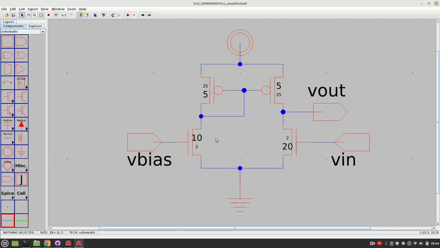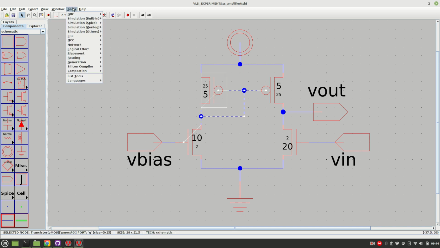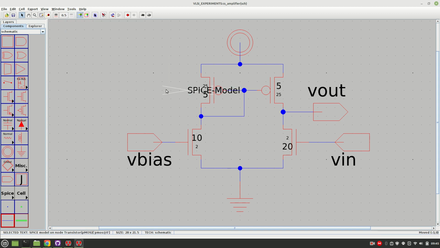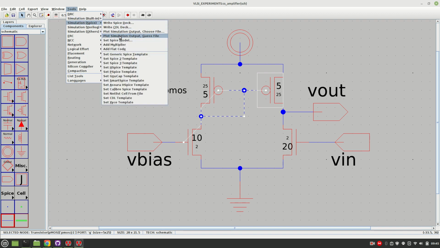So these values I am going to provide in the description. Okay, so this is the basic structure, and another thing is we need to create a set spice model for these things. So this is the PMOS, and for this one also go to tools, set spice model,